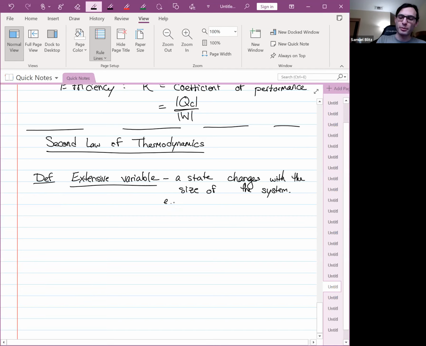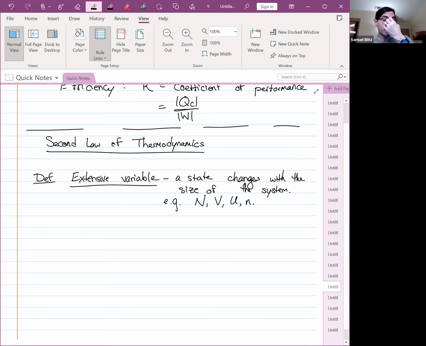So examples of this would be the number of particles, the volume, the internal energy, the number of moles, etc. Those are all state variables that change with the size of the system, i.e. if you hold everything else fixed, like if you keep the temperature and the pressure fixed. Maybe I should just say obviously that